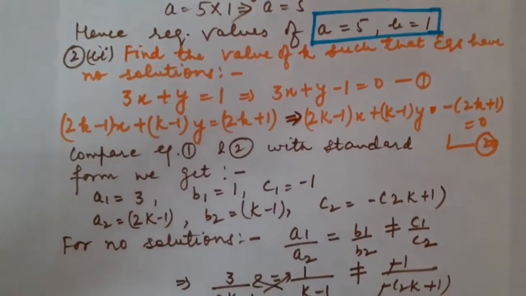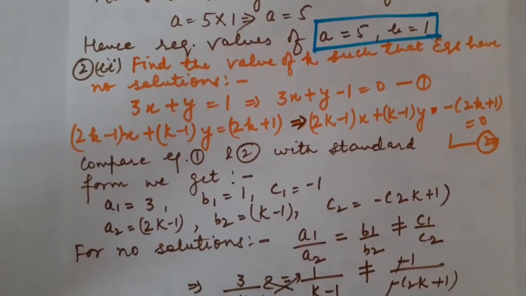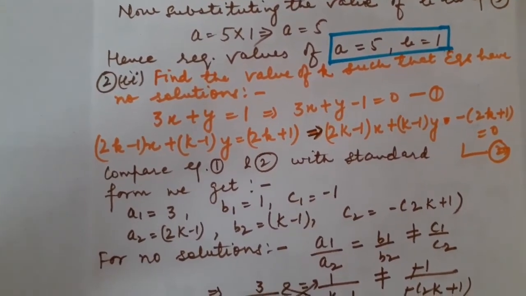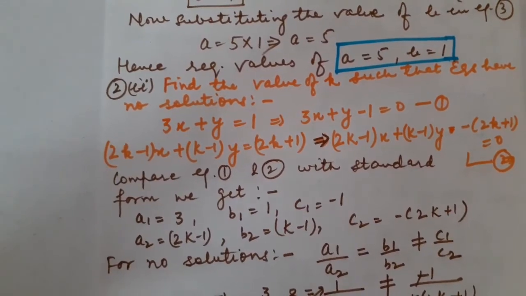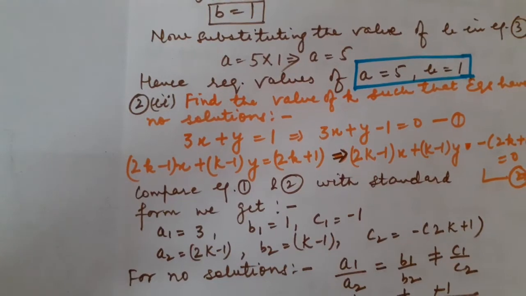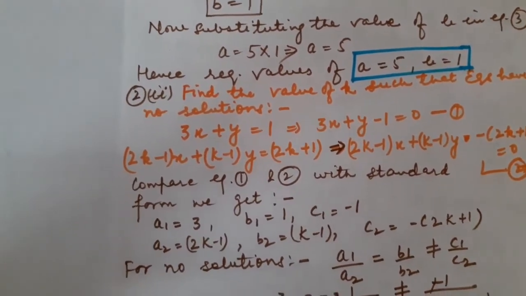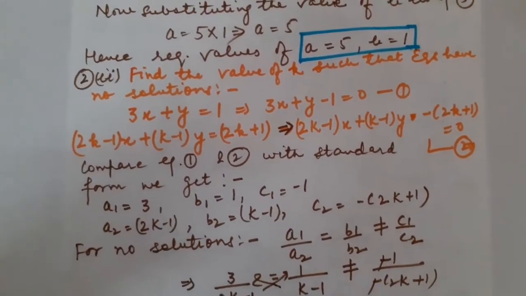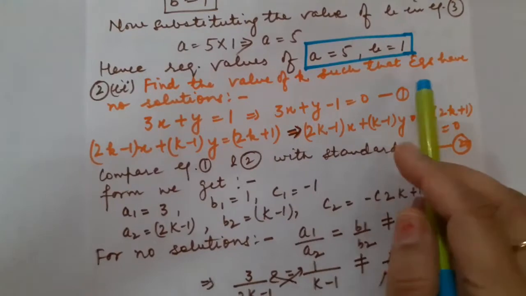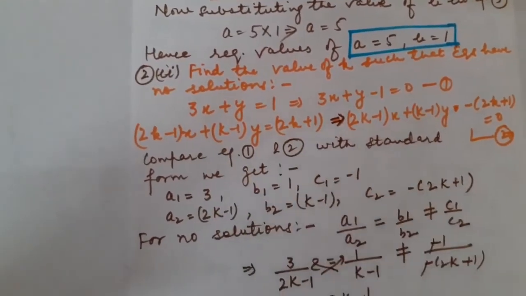Now this is the last question of today's lecture. This is question number 2, second part. Find the value of k. This is also based on the same type as the previous question. In the previous question, children, you calculated the values of two variables. And what was the condition given? You had, correct, infinitely many solutions. But here, you will be having no solutions given. Look, find the value of k such that the equations have no solution. This is equation number 1, this is equation number 2.